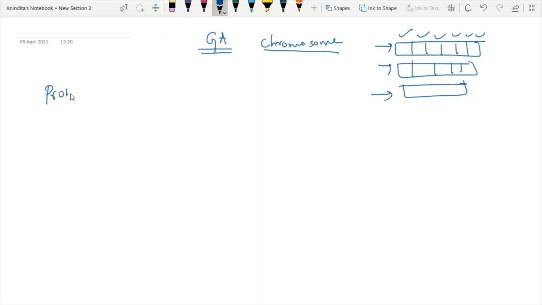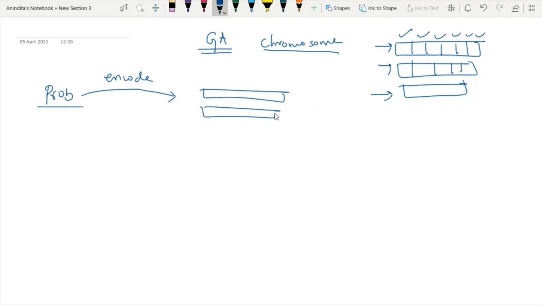When any problem is given to you, first you have to represent or encode that problem into a set of chromosomes, and each chromosome will contain genes, and the set of chromosomes altogether will form one population. So creating the population is the first objective in your genetic algorithm.